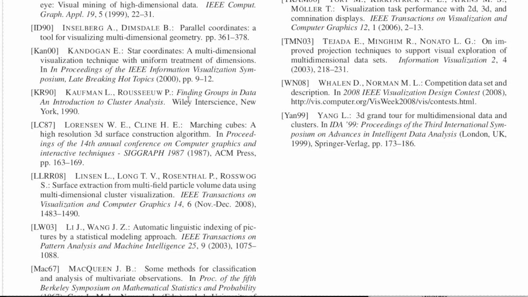TMN 03, T. Ijada E. M. Ingham R. N. Oneto L. G. On Improved Projection Techniques to Support Visual Exploration of Multidimensional Datasets. Information Visualization 2, 4, 2003, 218-231. WN08. W. Halen D. N. Orman M.L. Competition Dataset and Description. In 2008 IEEE Visualization Design Contest, 2008, http://vis.computer.org/visweek